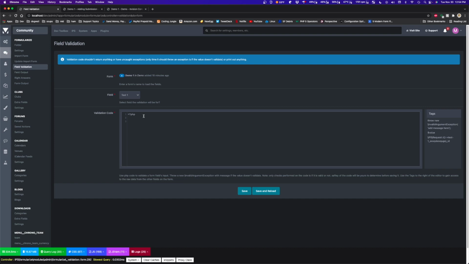So what we want to do is, this is very basic code, we go if int value. And basically what this does, this is very basic PHP, is it checks to see if the value is an integer. And if it is, it evaluates to true, and so it will activate the code that's within the if brackets. So we come over here and we click on the validation or the exception here, and we type in